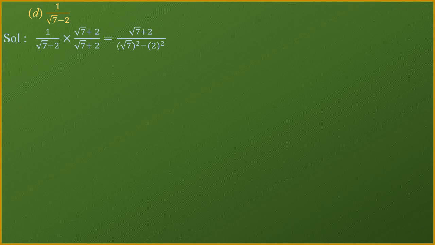Again the numerator will be the same term because we are multiplying by 1, and in the denominator again I have applied the formula a minus b into a plus b. Here the value of a is root of 7 and the value of b is 2. Okay, so compare a plus b into a minus b with root of 7 minus 2 and root of 7 plus 2. Okay, so definitely you can easily find the value of a as root of 7 and b as 2.